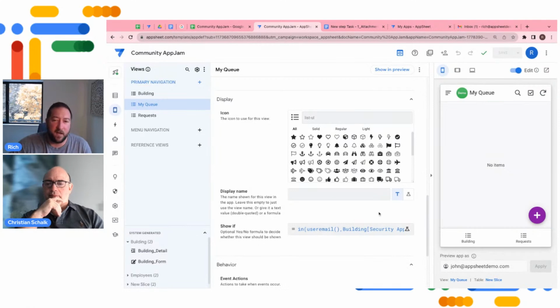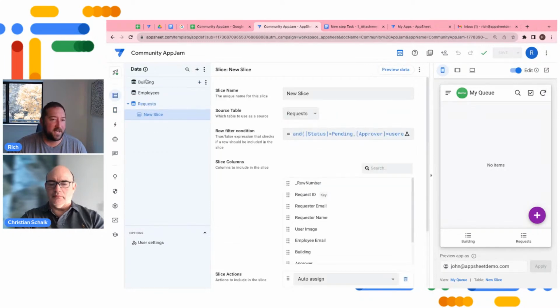And as a final note, for security purposes, we'll get into this concept called security filters. It's important to note that when you create a slice in your data, it does not prevent people from seeing the data in your table if it's only restricted by the slice. Slices are only for showing data in particular forms. The data is still going to exist in the client itself